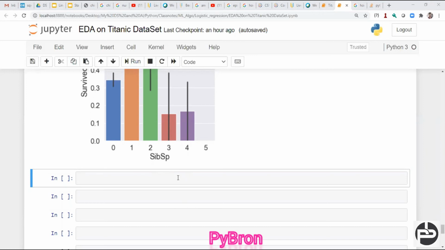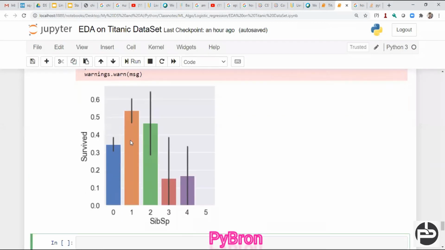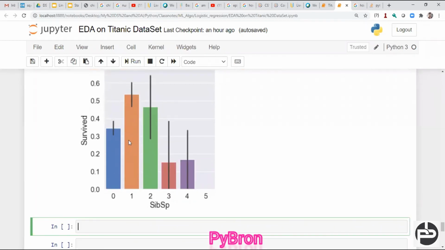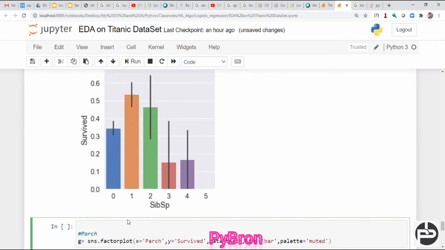Similarly, if you want to check with Parch, because Parch has a positive relationship, you can see SibSp and Parch have a positive relationship. So if I draw the same thing, with this heat map you can see Parch and SibSp have a positive relationship, right? So with this graph, for SibSp we did a count plot and box plot, and we made it like this to see how it is going to survive. Now similarly we can do it for Parch also.